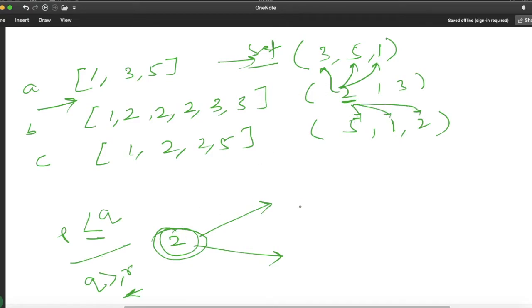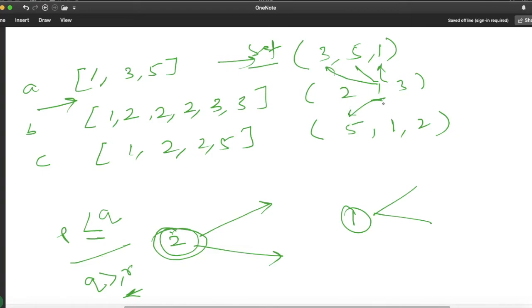Now suppose we are done with this value 2. Whenever we check for the next element, 1, to satisfy this condition, P should be less than equal to Q, we have to check one by one from the initial position, one by one element, again one by one element.